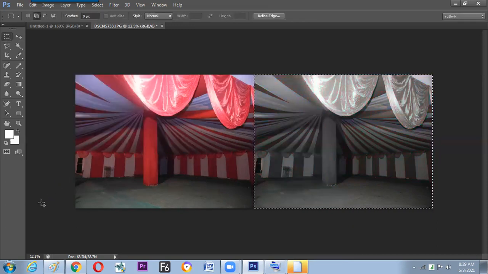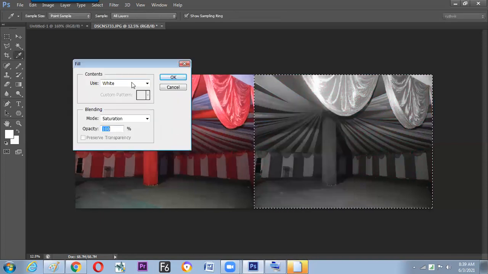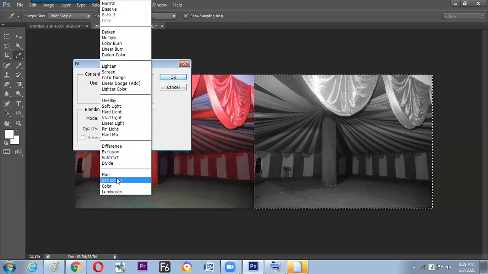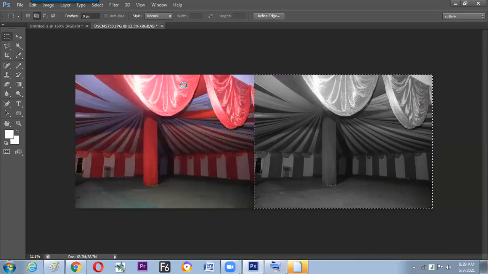Make the photograph turn into black and white. Hope it is clear. Once again: switch to the fill, go for white, make it saturation, get it okay. So we have seen now how to make a certain area turn into black and white.